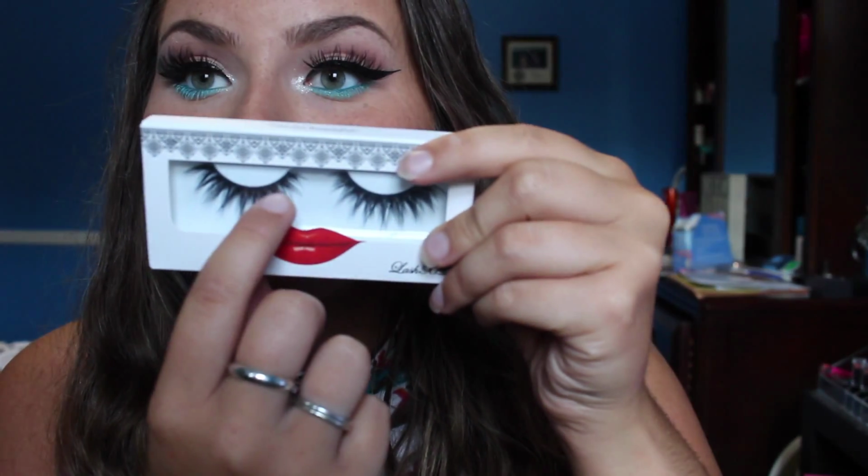All you do is you take the lash off, you take it off this thing, you hold it, and you just put the glue on evenly. The problem that a lot of people have, especially with thick bands, such as the Lucky Lola Lashes by Lash XO, is that if you don't wait for that glue to get tacky, they're just going to lift up and lift up every time you try and put it down, and it's going to be a mess. And it took me the longest time to figure that out. You have to wait a good minute, blow on it, and wait for it to get tacky